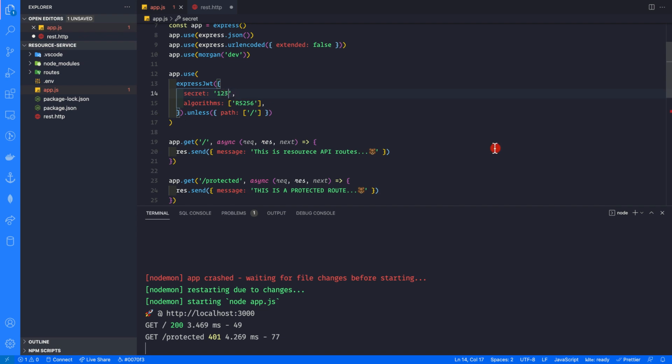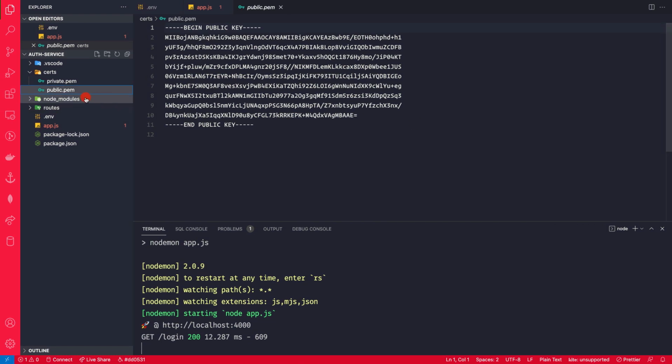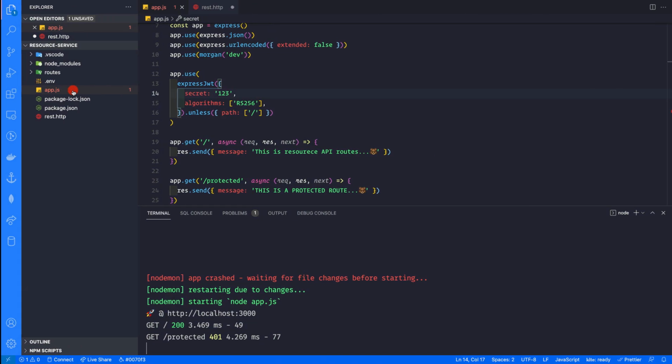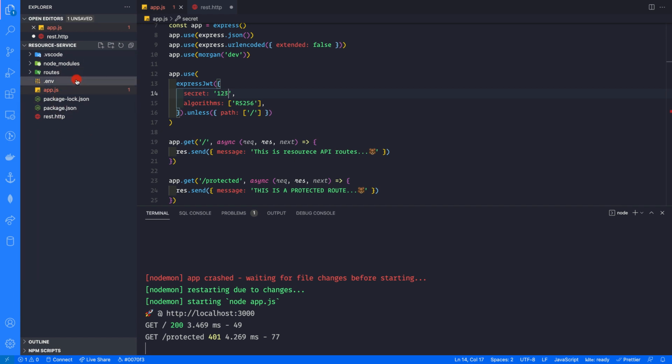So there are two ways to provide the public key. Either you can copy this public key from your auth service, that is this file here, and paste this file inside this resource service, and in any number of resource services which are using the same JWT issued from the auth service. And then you can simply use the fs module to verify the token by reading that public key from individual resource services. But here what I'm going to do is use something called JWKS, that is JSON Web